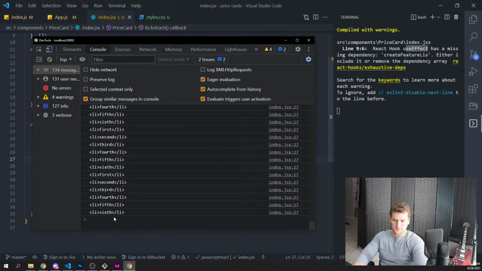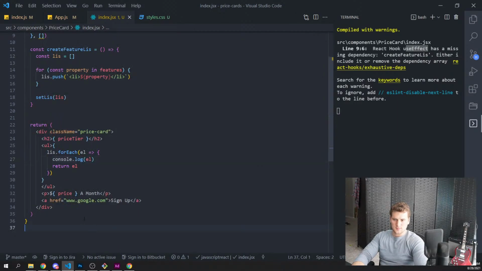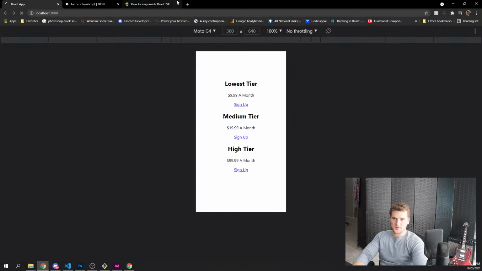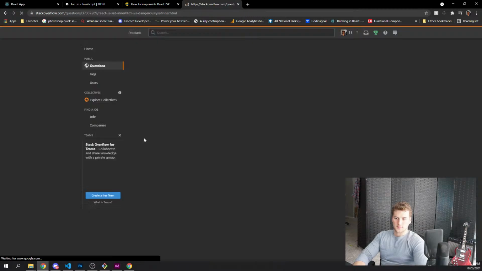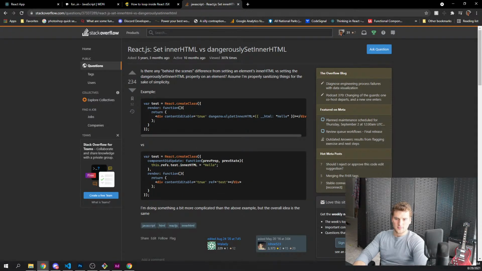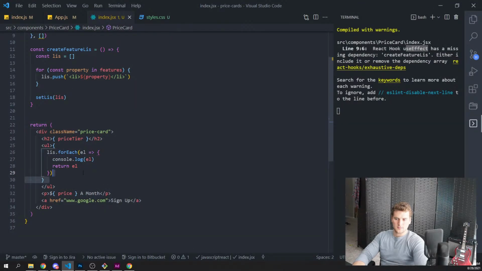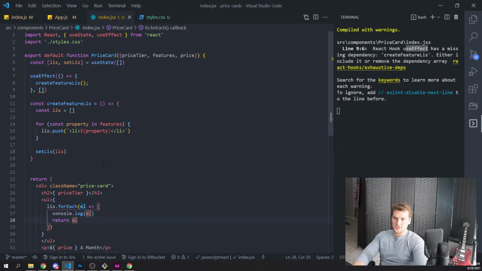Console log the L. I think that's what it is. I guess we don't need to actually push an element like that.